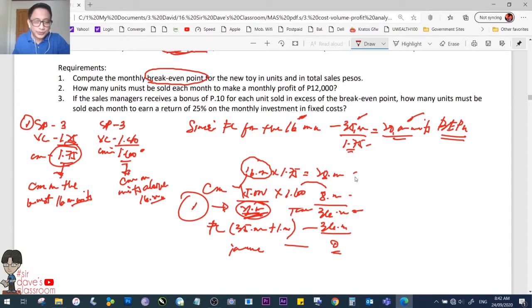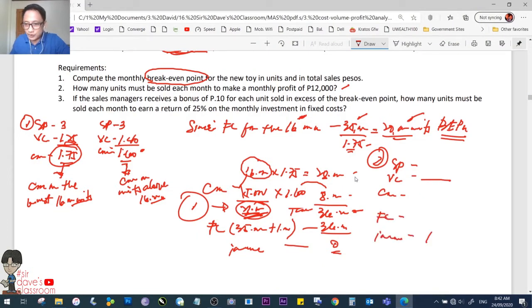Okay, number 2. How many units must be sold each month to make a profit of 12,000 pesos? So, madali lang. Same procedure. Except that, nagbigay siya ng 12,000. So, i-insert mo lang yon as an additional info. Contribution margin. Yan. Fixed cost. And then income. 12,000 daw ang gusto. The fixed cost has been resolved already, not to be 35, but 36,000. 12, 36,000, 48,000. Since this is 36, it is above, the units that we're talking about here is above 16,000